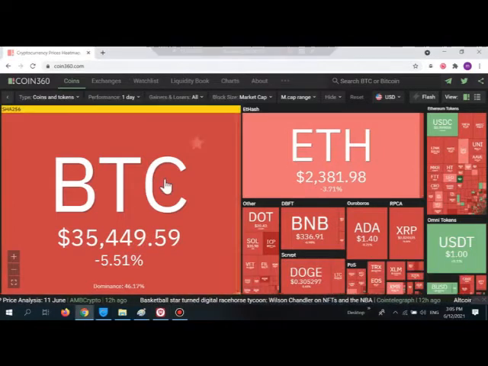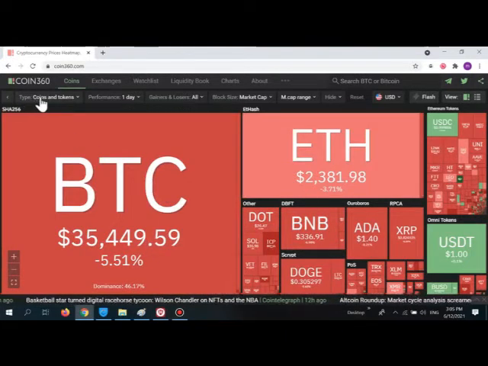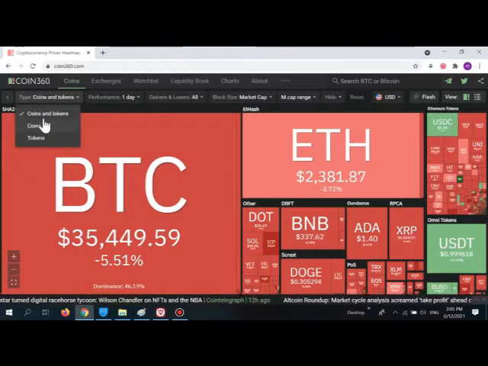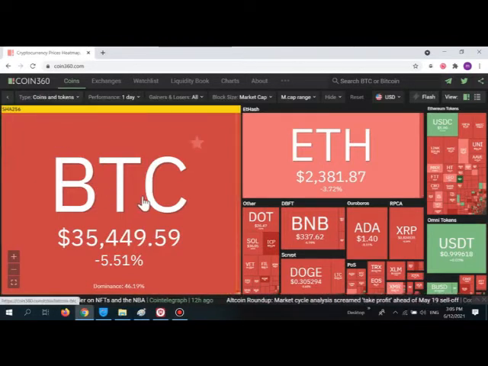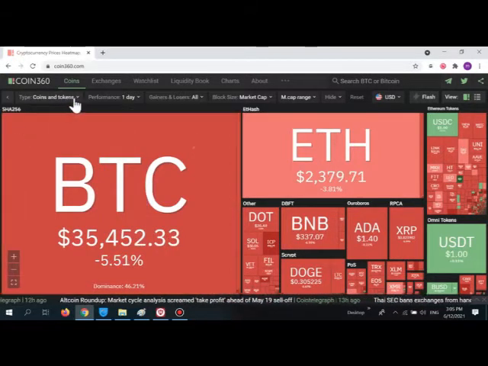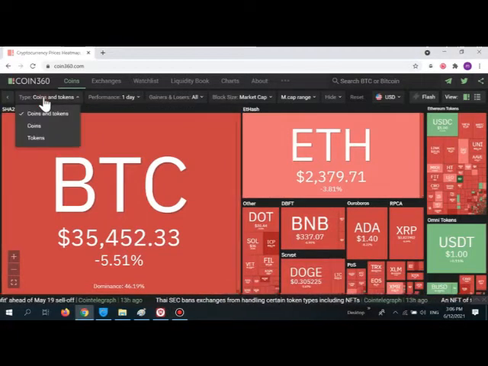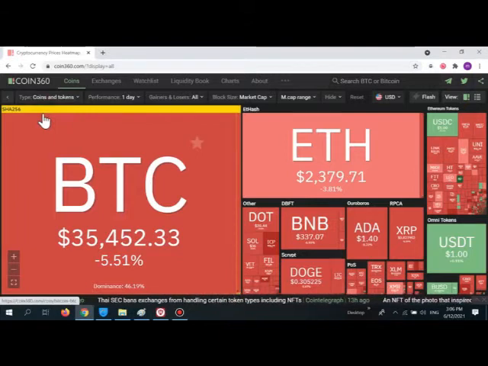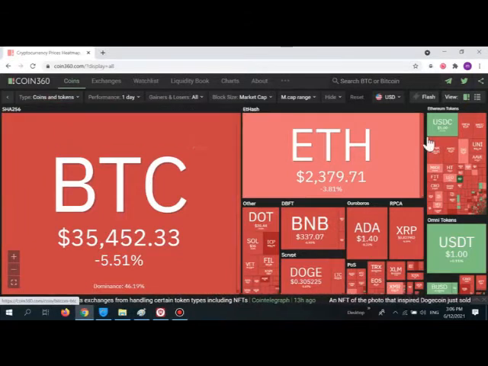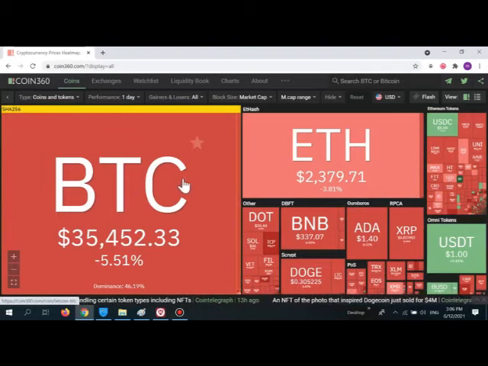So what we can see here in the menu is the type, first of all, which shows us the coins and tokens. Very briefly, coins have their own special blockchains, but tokens don't. Tokens are tenants on other blockchain platforms. That's the main difference between coins and tokens. So when you choose coins and tokens together, you will have the total and overall review of all of the